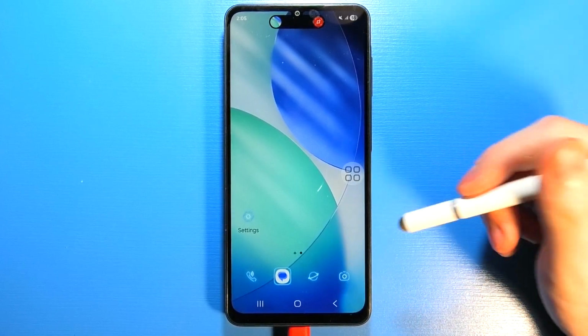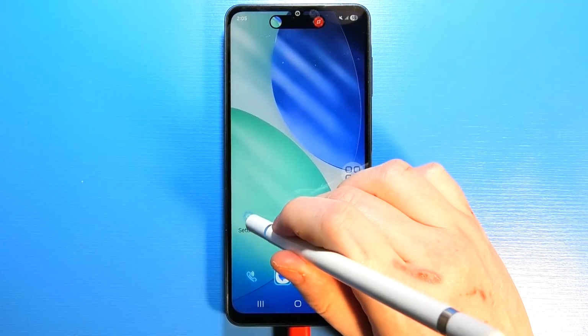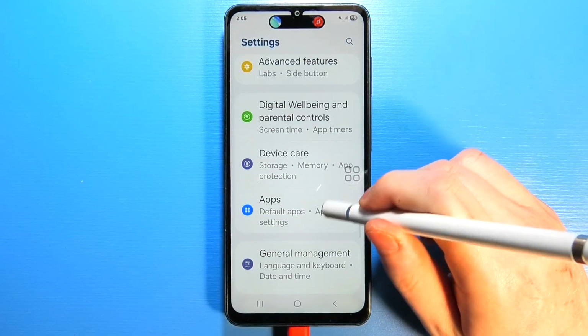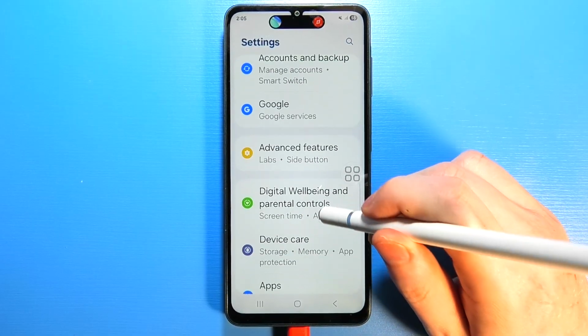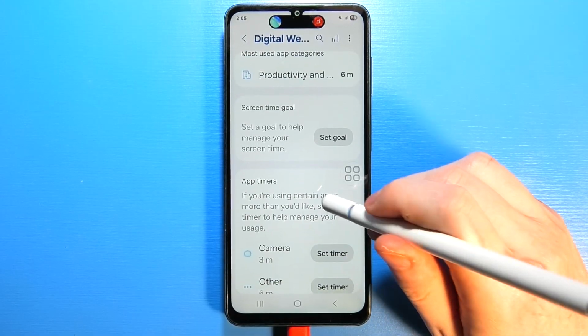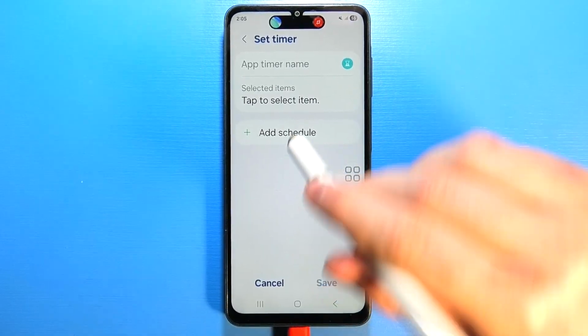To enable or disable app timers in Samsung Galaxy F07, first of all, we'll need to open settings on our device. Next step is to scroll down, and here we need to select the digital well-being and parental controls. Now navigate down to the app timers, click on them, and then to activate app timer, you will need to